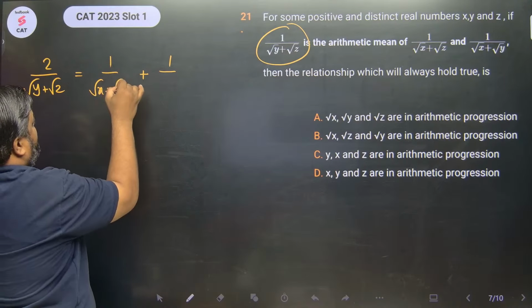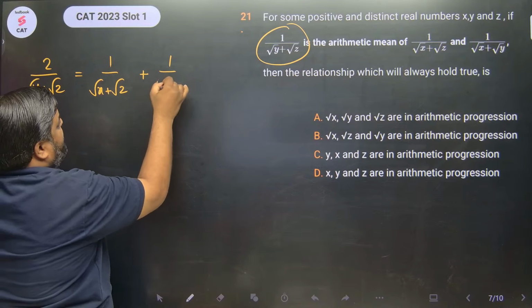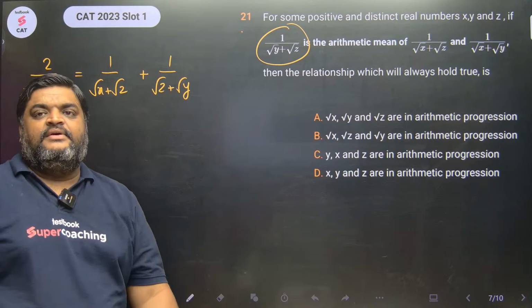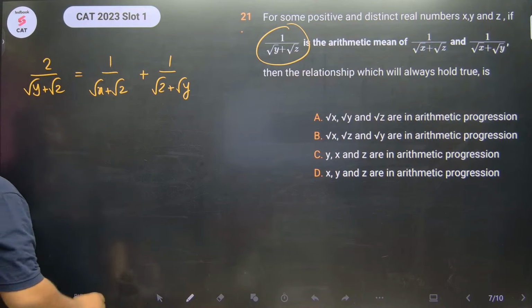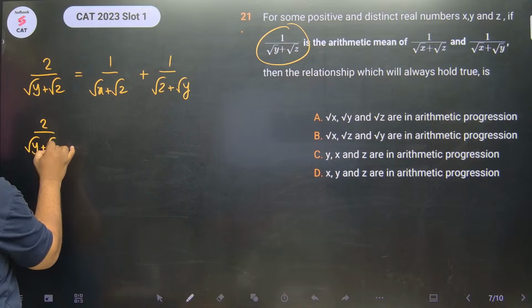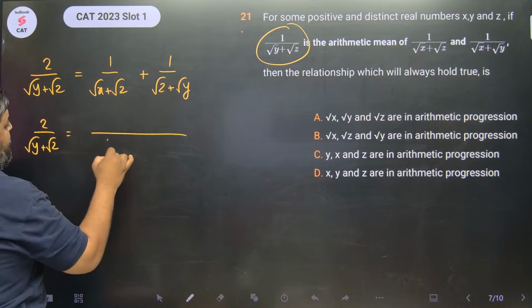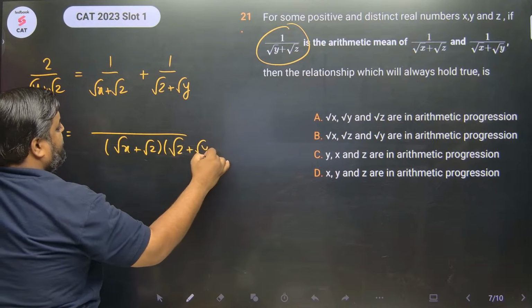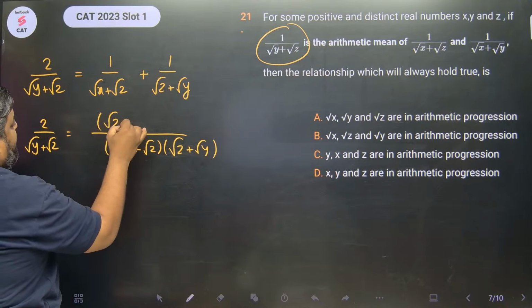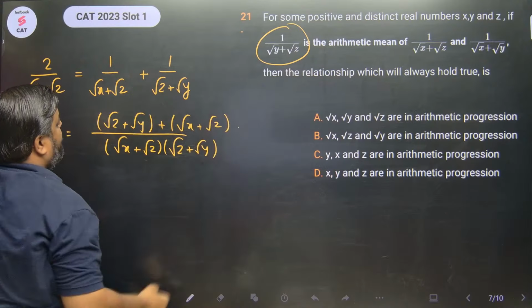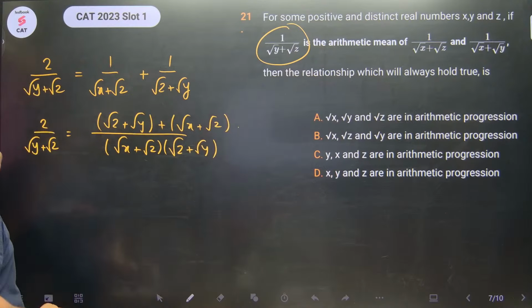रूट एक्स प्लस रूट जेड, 1/√z प्लस रूट वाई। इसको सॉल्व करो। Okay, do this, करेंगे सर। सो 2/(√y + √z) equals, एलसीएम ले लिया, (√x + √z)(√z + √y)। न्यूमरेटर में आएगा रूट जेड प्लस रूट वाई प्लस रूट एक्स प्लस रूट जेड। ओके, क्रॉस मल्टीप्लाई करेंगे इसको।